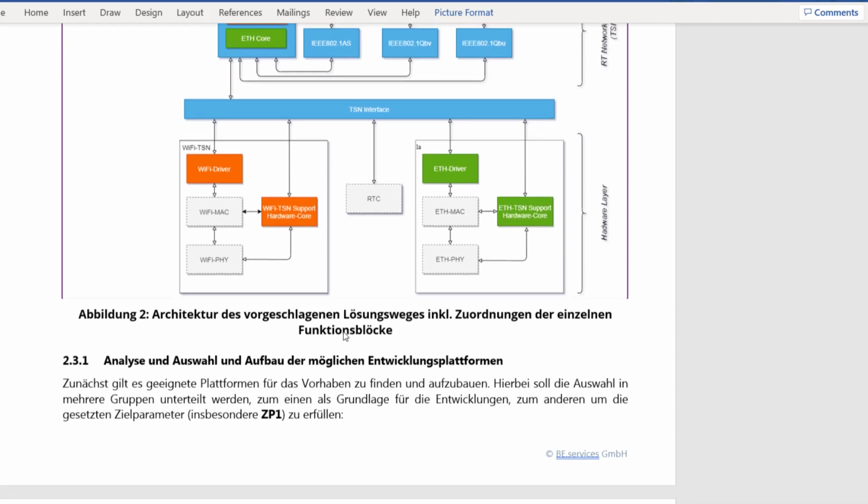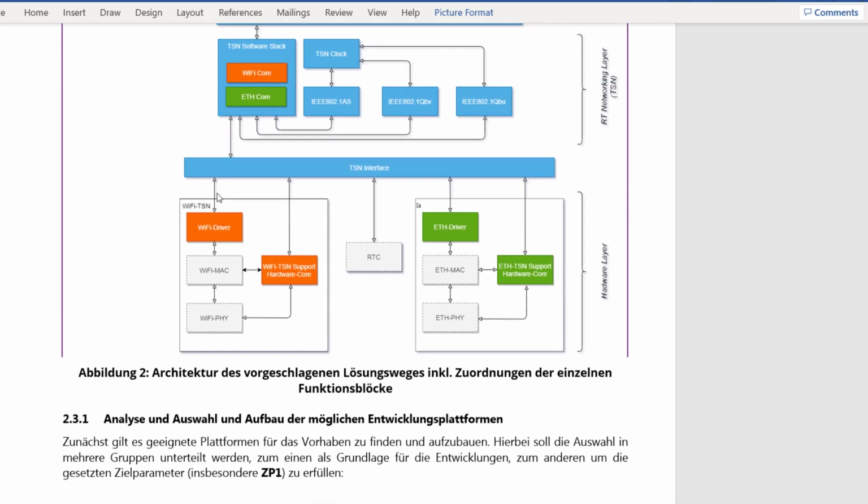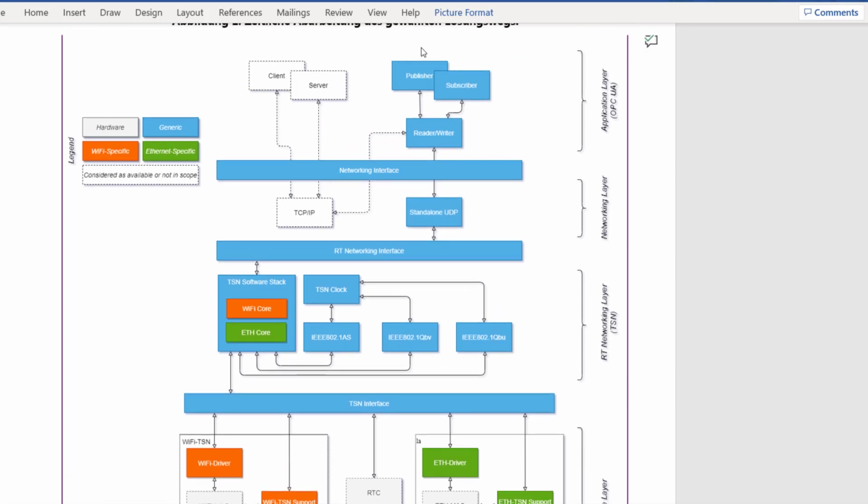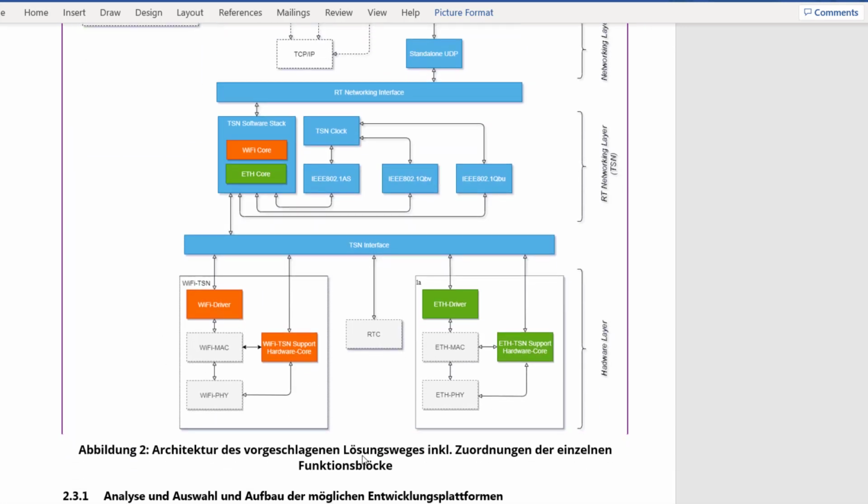So on layer 1 and layer 2, we are seeing Wi-Fi TSN and also wired TSN. So this will be the TSN interface. All the blue components that are mentioned here will be developed in our project. The parts that you are seeing here will be done by the chip manufacturers themselves. So this will not be in the scope of our project, but the TSN interface that we are using will be talking to the Ethernet drivers and also the register level, and we will be using the resources of their